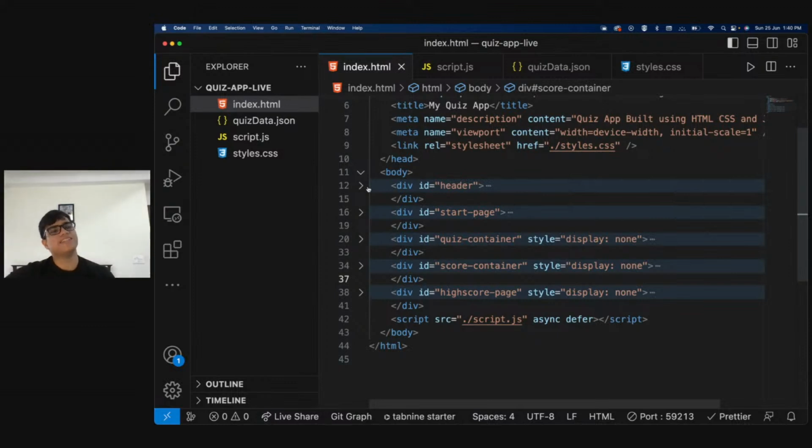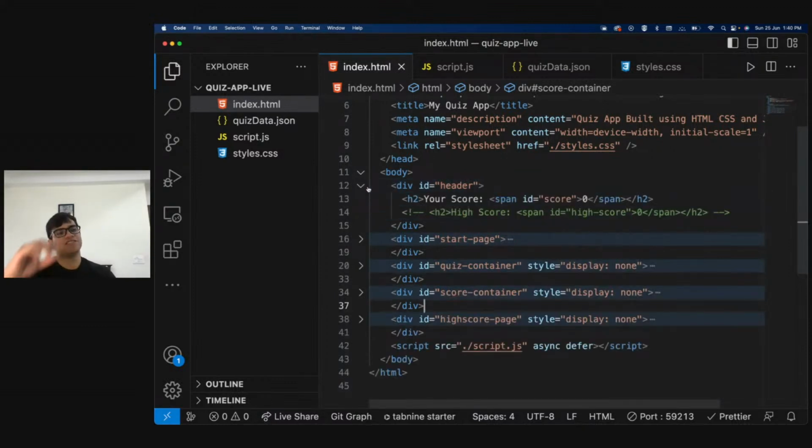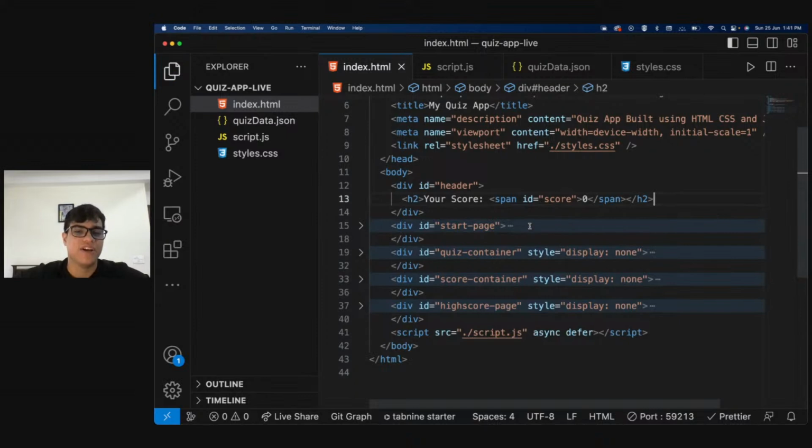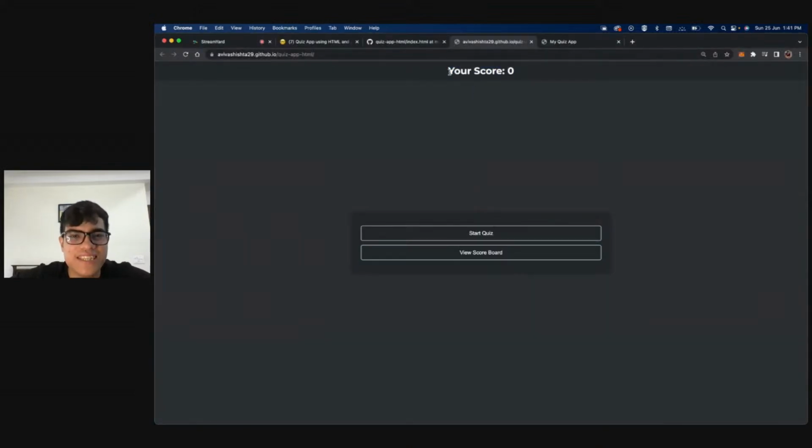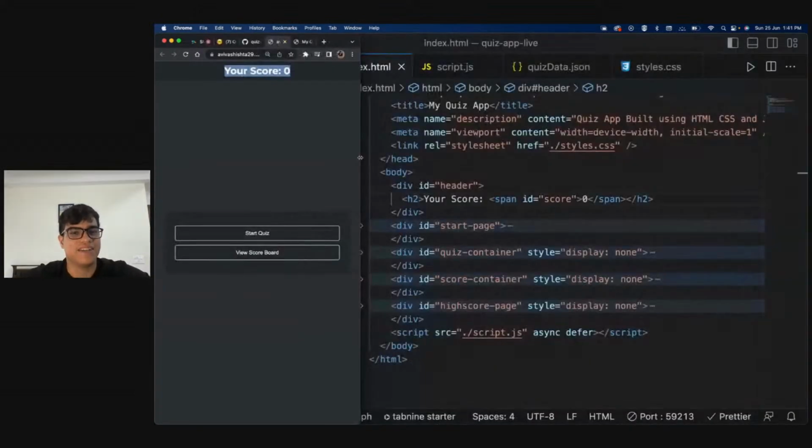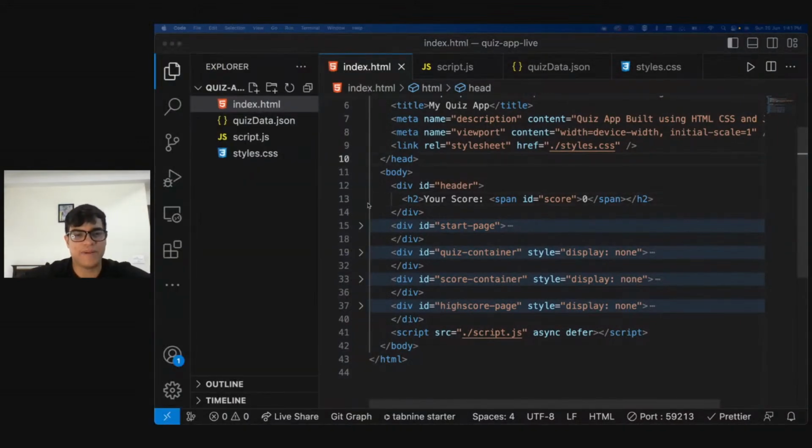But okay. So Ganesh says, what is a div? So Ganesh, every div in HTML is basically a box, right? And every box is just a container. So everything that we'll have is inside a container. So this div is called the header, and this header will have this h2, right? What is an h2? An h2 is a heading. So the fact that you see this on the screen is because of that, right? What I will do is I'll put this side by side so that I can actually explain it to you guys as well.